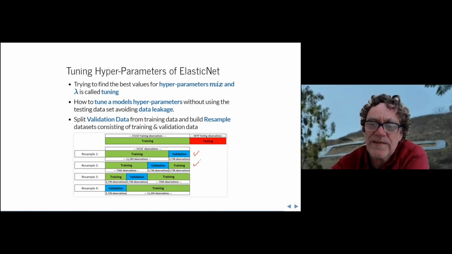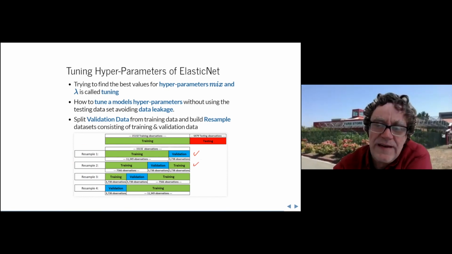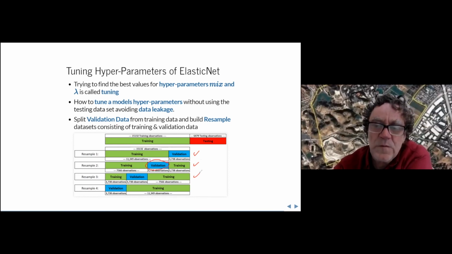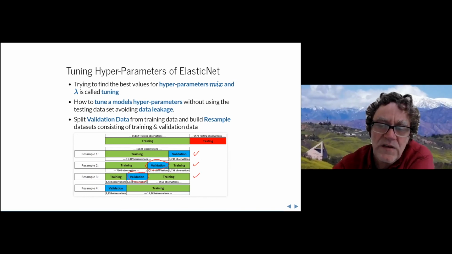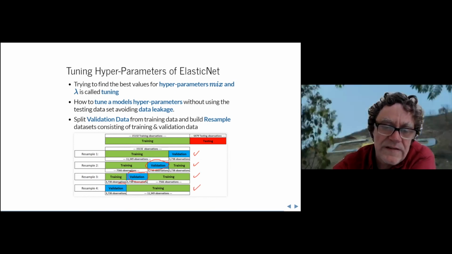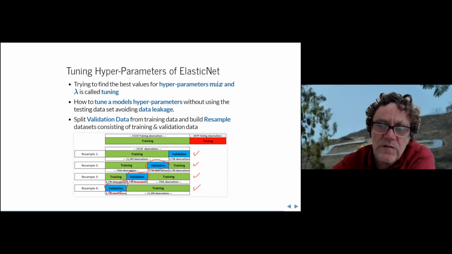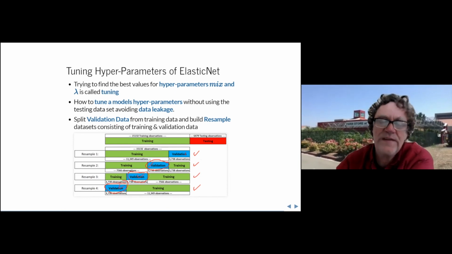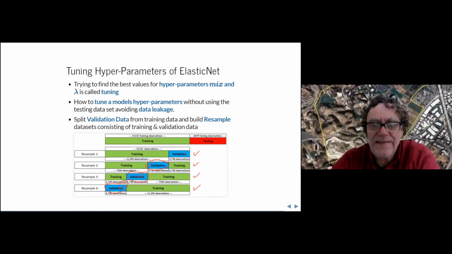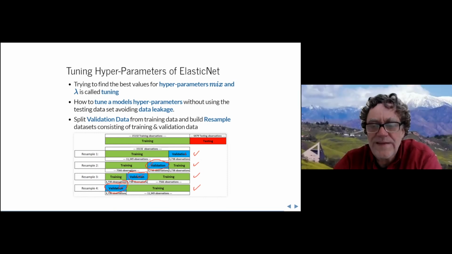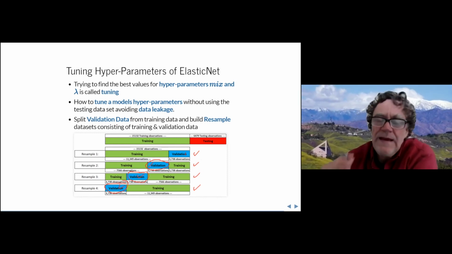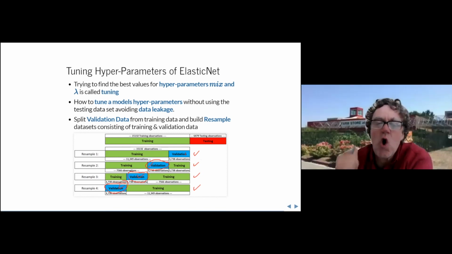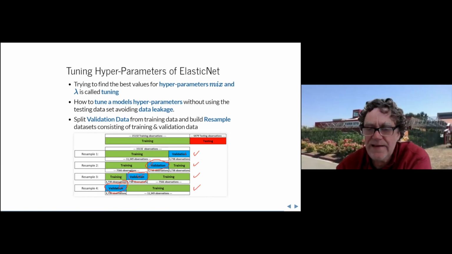The only difference is that we picked a validation data set from a different section. Then we run it with the third one, different section, and with the fourth one, different section. So we build 1, 2, 3, 4 different data sets. We call them resamples,